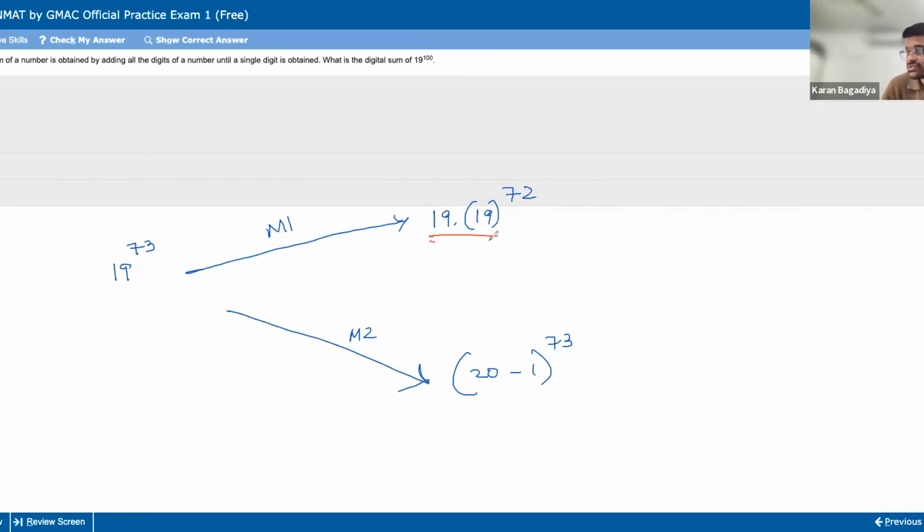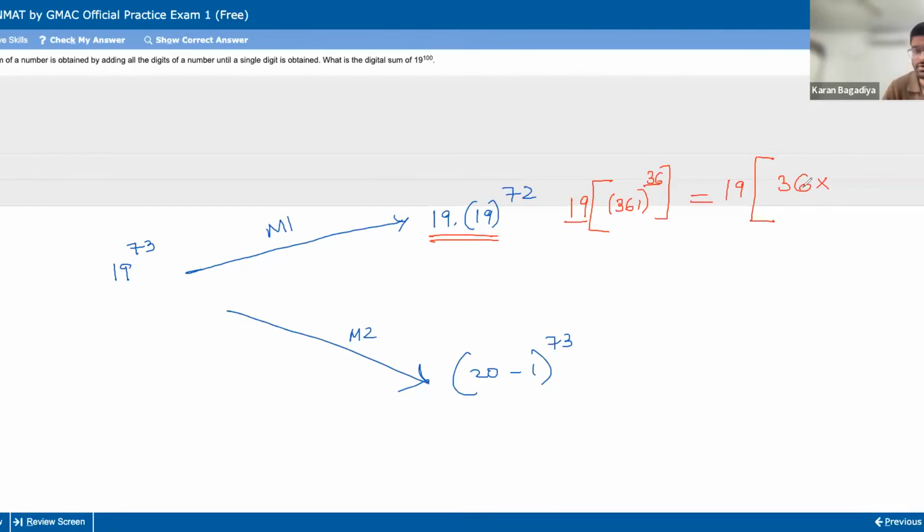Now here I can use the same technique, right? So 19 I can keep out. And this one, which is 361 raised to 36. Same ways I will handle it. Out of the 37 terms, 35 terms are still useless, even though there's an additional multiplier of 19. If the last two digits are 0, then that's that, right? Even multiplying by 19 won't change that fact. So I'm still concerned with just the last two terms, which is